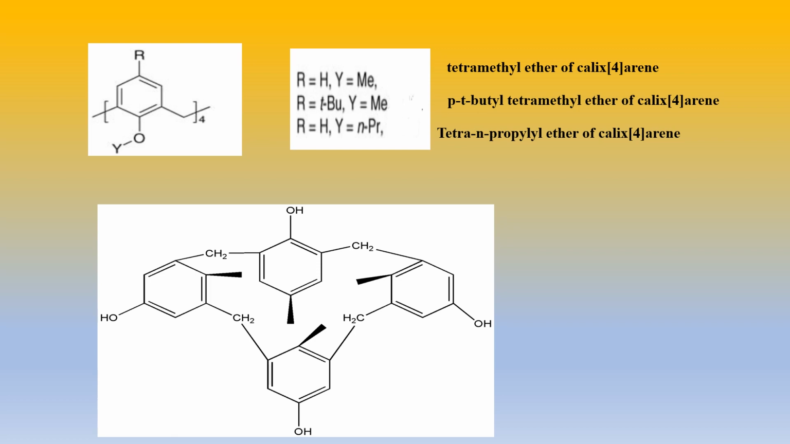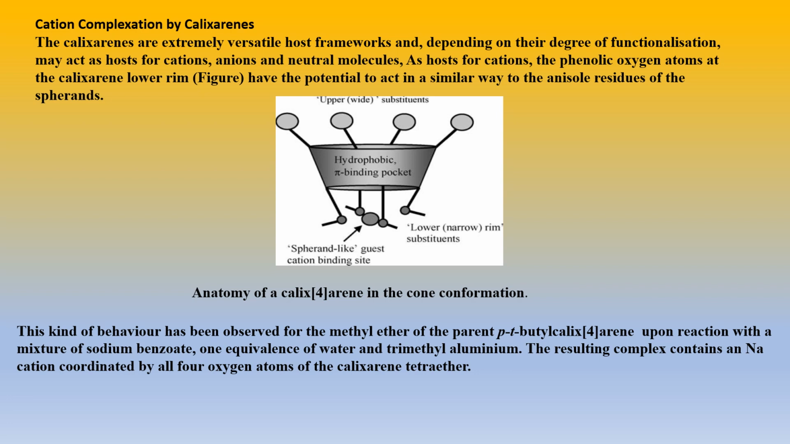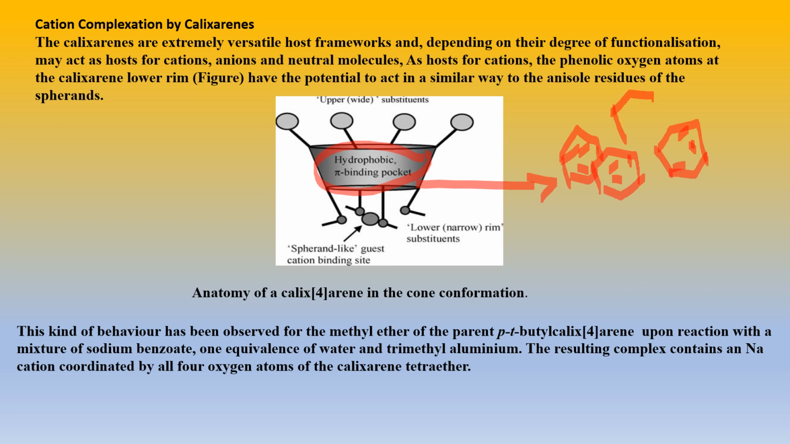So next is the cation complexation of Calixarene. Here they are taking a Calixarene like so. It will be having a hydrophobic pi binding pocket, that is, it will be having aromatic rings. The 4 aromatic rings will be present in a cyclic way attached with a CH2 linkage, and here behind